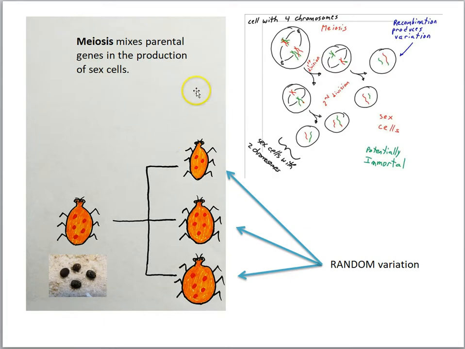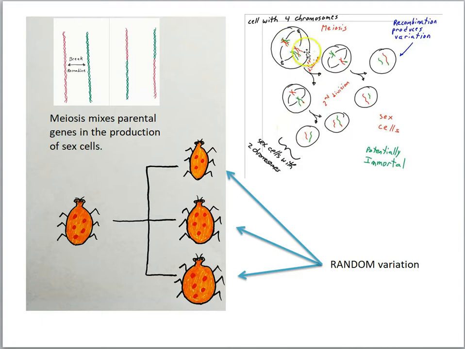Now, we previously learned that meiosis is responsible for producing sex cells, and during meiosis there's a mixing of parental genes. Here we see the process over here. This would be an immature sex cell going through meiosis, a 2-division event resulting in cells that have half the number of chromosomes, but importantly, they have unique combinations of the mother and father chromosomes.